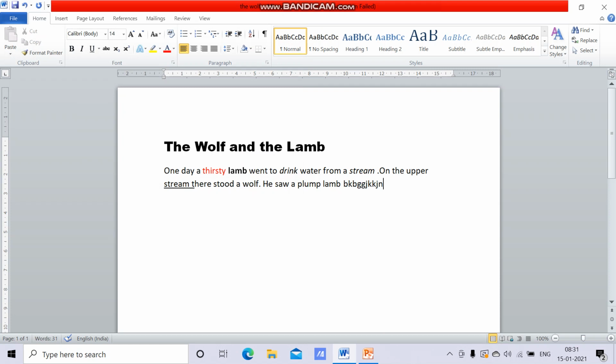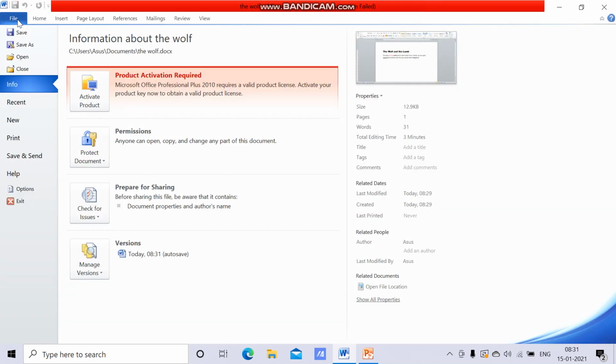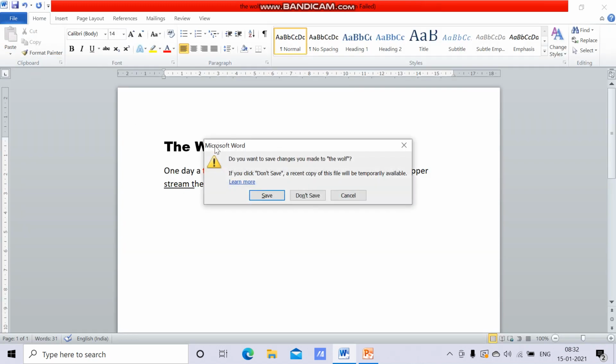Now again, for closing also, click on the File tab, then again the backstage view will appear, and then you can see Save, Save As, Open, and then Close. So you have to click on Close and it will close.